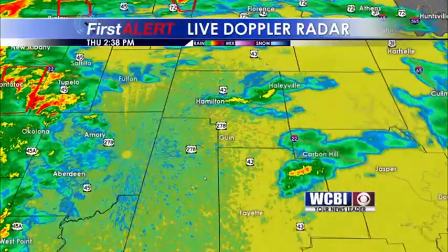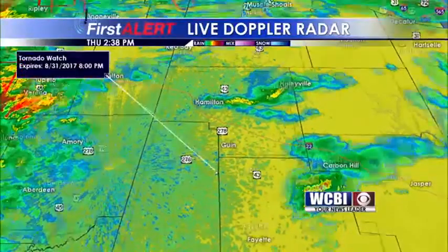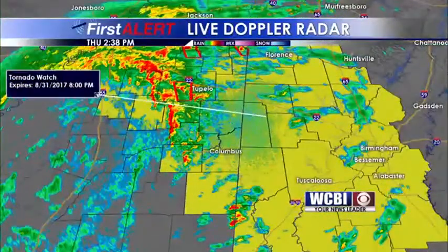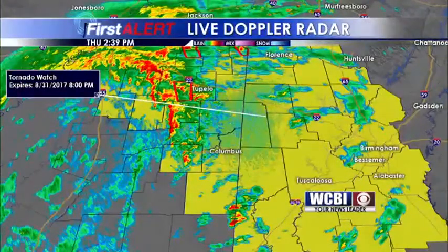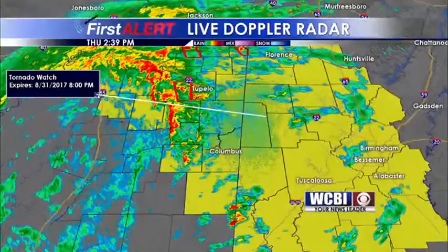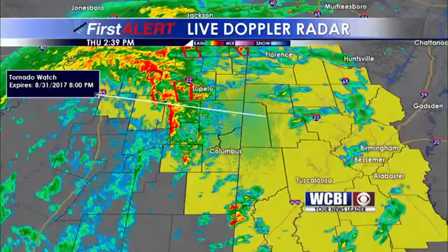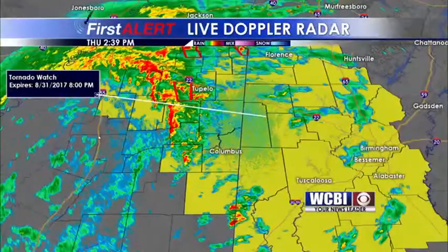over eastern Fayette County, and then Lamar area, to Marion County, so Hamilton tornado affected decline. We'll continue to watch that, and still in western Alabama, the atmosphere is still unstable, so we'll have to watch these showers continue in West Alabama to see if anything gets going. So far, for some reason, those